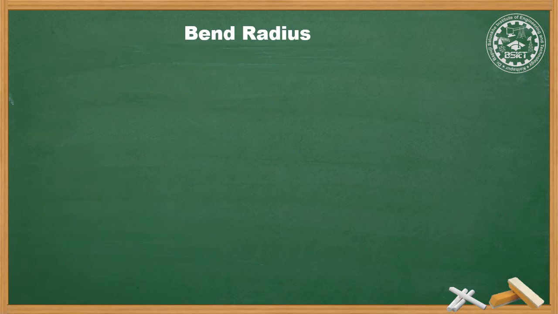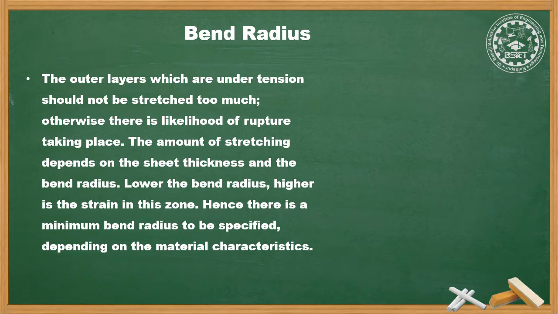Starting with the first point, the bend radius. The outer layers which are under tension should not be stretched too much, otherwise there is likelihood of rupture. The amount of stretching depends upon the sheet thickness and the bend radius. Lower the bend radius, higher is the strain in this zone. Hence, there is a minimum bend radius to be specified depending upon the material characteristics, that is the sheet thickness and